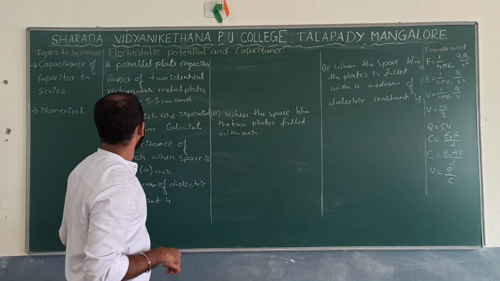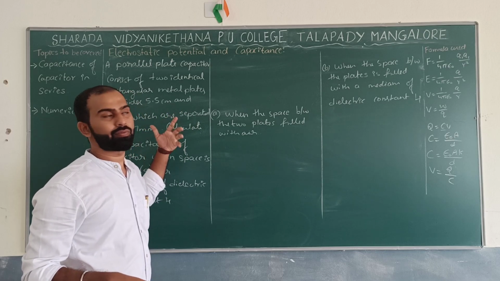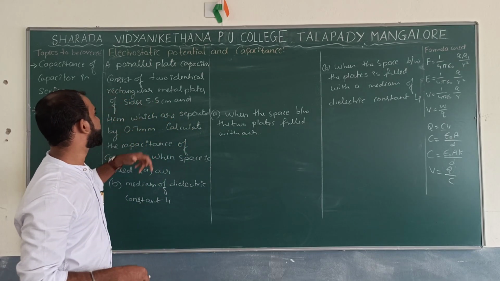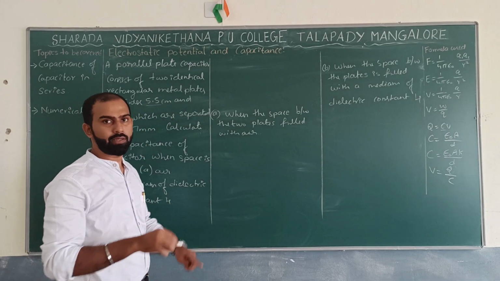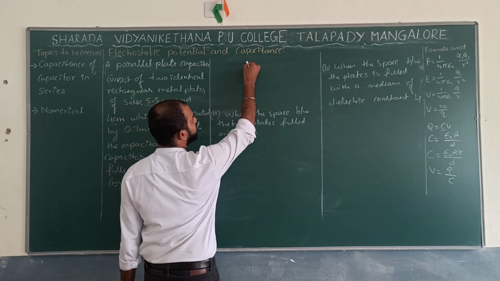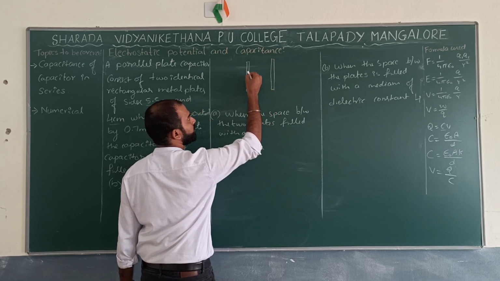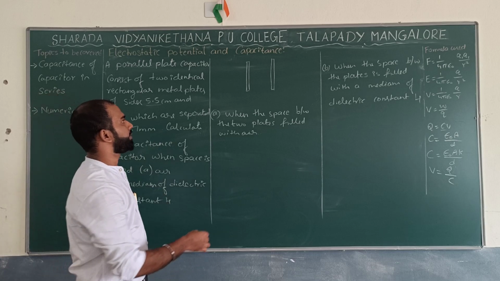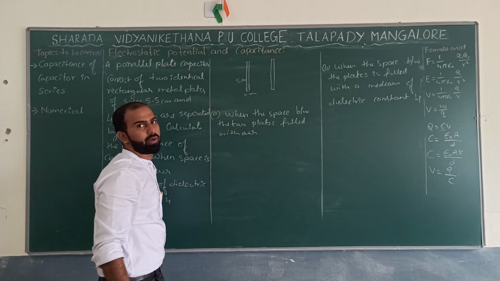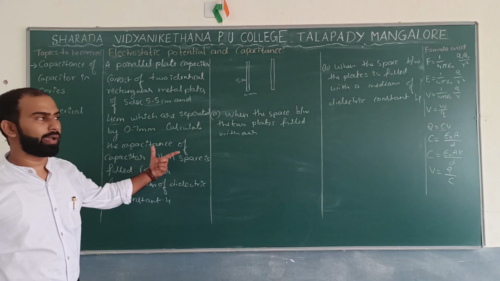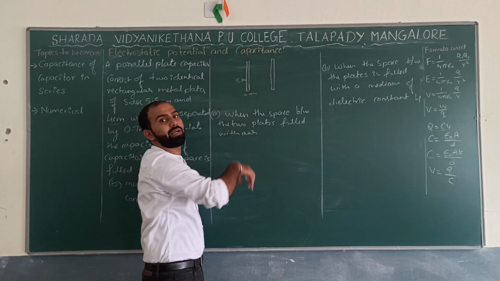Let us take a two parallel plate conductor having an area of cross section where each side is 5.5 centimeter and 4 centimeter. It is a kind of rectangular slab. So this is nothing but 5.5 and 4 centimeter, somewhat like this. What are we supposed to find? To calculate the capacitance of the capacitor when this space is filled with air.